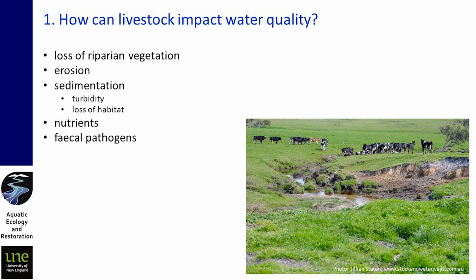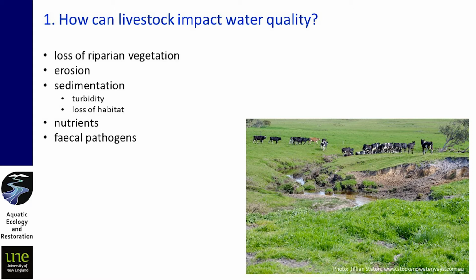As well, the lack of vegetation, particularly in an area like Armidale or the northern Tablelands where it's colder. If it doesn't have the vegetation, then the soil is more exposed during the winter months, and so we get a thing called frost heave, which is where the moisture in the surface layers of the soil actually freezes because it's a frost, it's below freezing, and so those water molecules expand and kind of heave off bits of the soil, and so you'll see slumping banks after that. And so if we did have vegetation, we have trees, then we have protection. They create a temperature microclimate and give us protection from that frost.